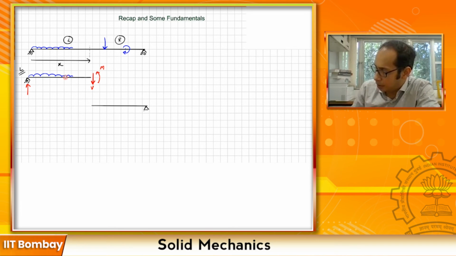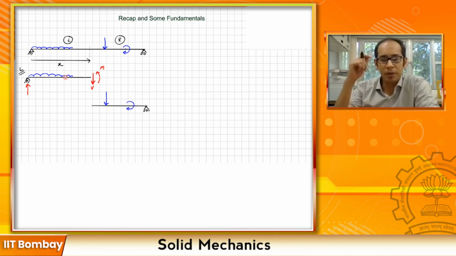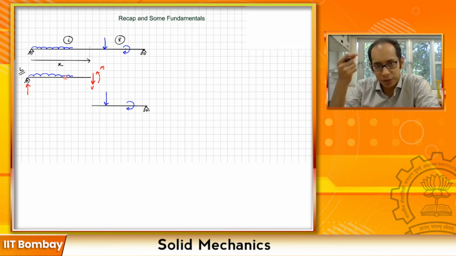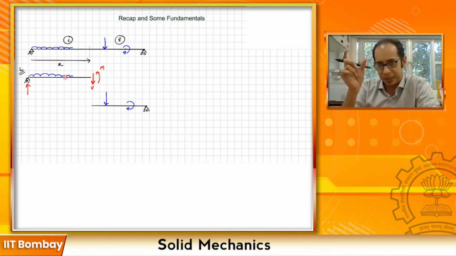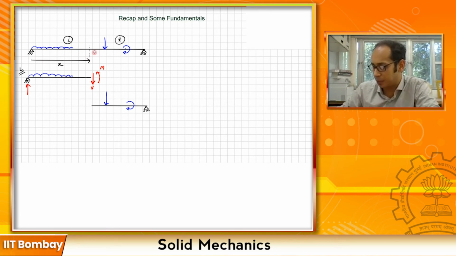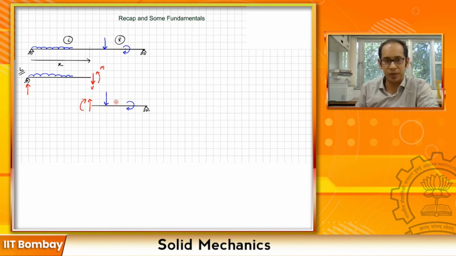So on the right part, I have the load acting, and then I have a moment maybe, right? And remember again the positive convention for shear, if you are taking that right hand part, where you're taking this particular section, is that your V points vertically up and your M points like this, right?